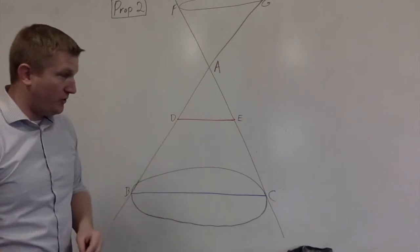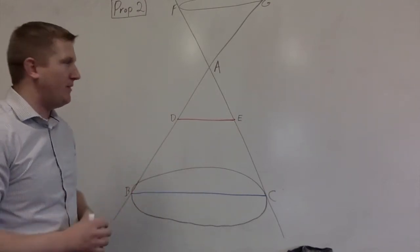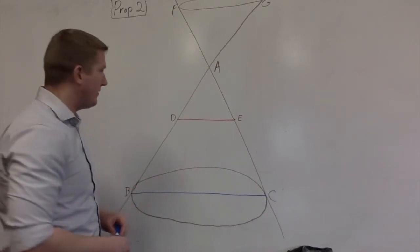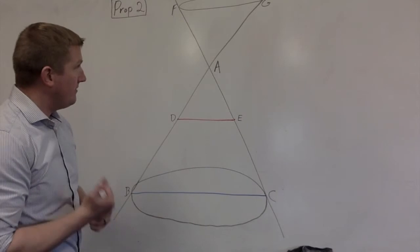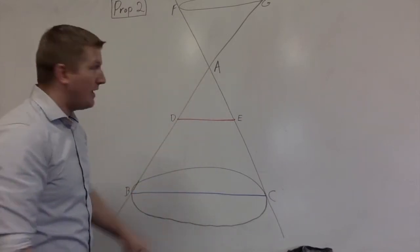Because the circle was used to make the surface, any chord of that circle would have to be inside. So we know that the blue line is absolutely within the conic surface. So if we were to draw a straight line from A to the blue line,